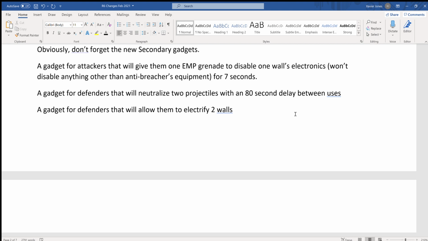Next up, a gadget for defenders that will neutralize 2 projectiles with an 80-second delay between uses. We already talked about this. And a gadget for defenders that will allow them to electrify 2 walls. So basically, they get Bandit's batteries. So Bandit, obviously, he has the advantage that